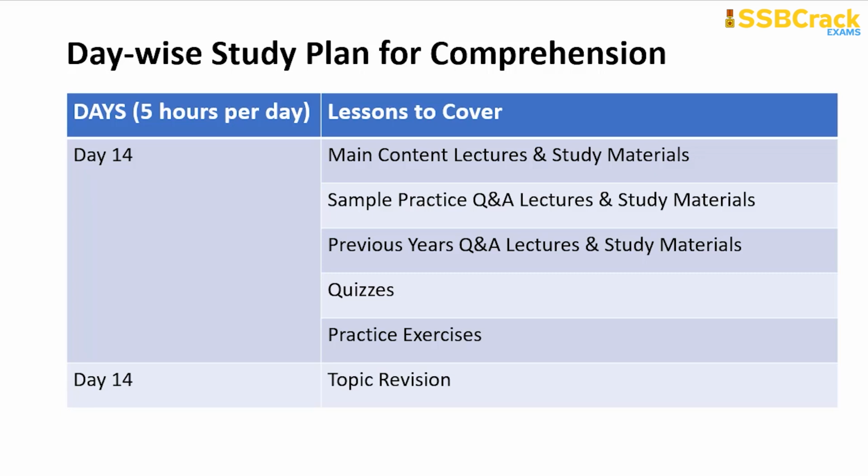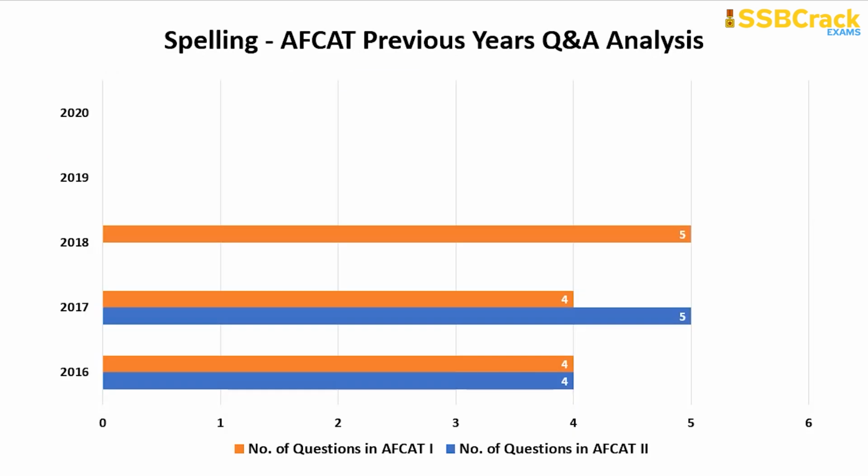So for comprehension, you just need 5 hours in day 14 to cover main content lectures and study materials, sample practice Q&A lectures and study materials, previous year's Q&A lectures and study materials, quizzes and practice exercises of comprehension. And on day 14 only at the very end, you can do a quick topic revision for the same. The next one is spelling. So spelling is important because though no questions came in AFCAT 1 2020 and AFCAT 1 and 2 2019,